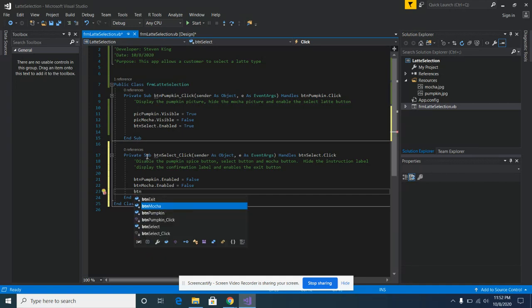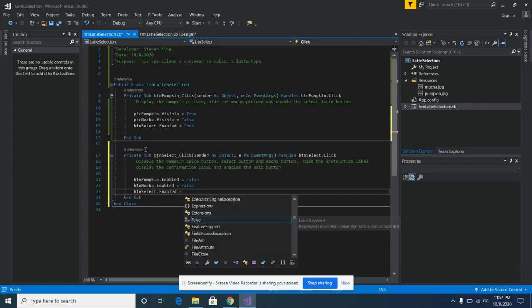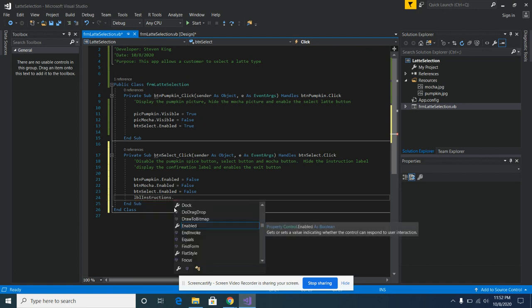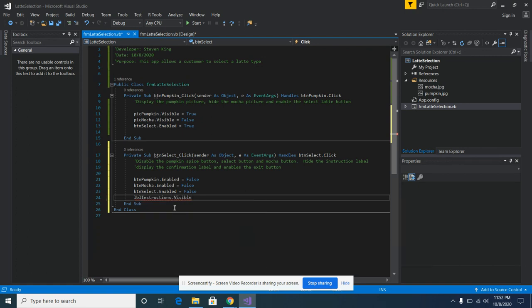BTN select, so that's where enabling the button we're on. Dot enabled equals false. We want to hide the instruction label. So we're going to say LBL instructions dot visible equals false,